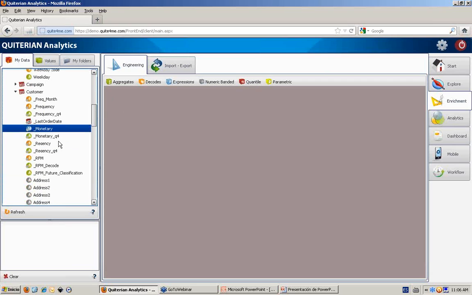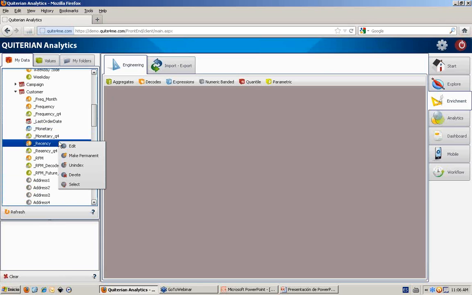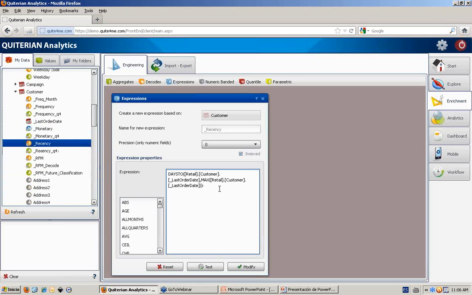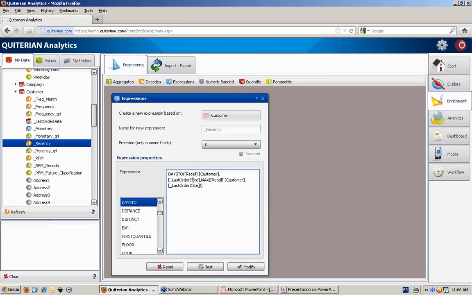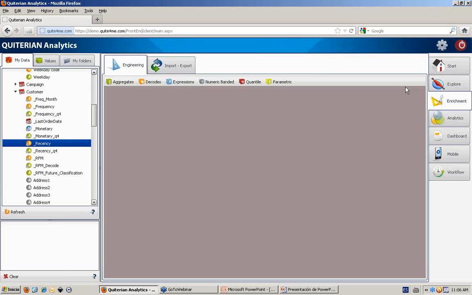As well, I have to calculate the recency. In this case, this is quite an interesting one, because I just wanted to find out how many days have elapsed between the last order of each customer and the latest one. For that, I used an expression, one of our other engineering tools, using the days-to functionality. It tells me how many days between two date fields, the last order of each customer or the maximum of any of them. So if I explore this variable,